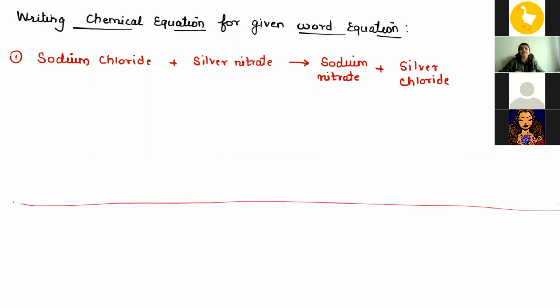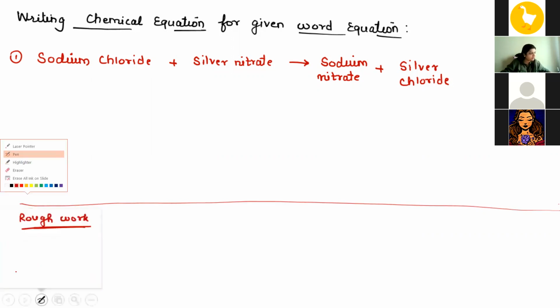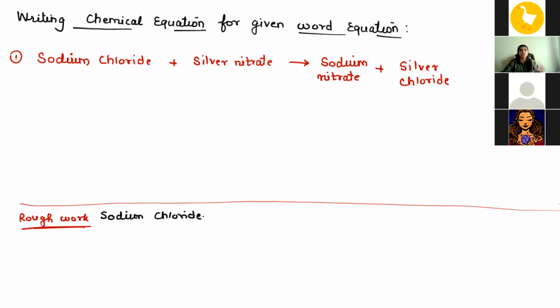earlier, what was the exercise we were doing? We were doing individual making formula, but now over here you have to write 4 formulas. So we will make a rough work. First we'll write for sodium chloride. This is only for people who still have problem in writing. So sodium chloride, Na is my symbol, chloride is Cl. This is +1, this is -1. When I do cross multiply, what will be my formula? NaCl. So below sodium chloride, I'm going to write NaCl.